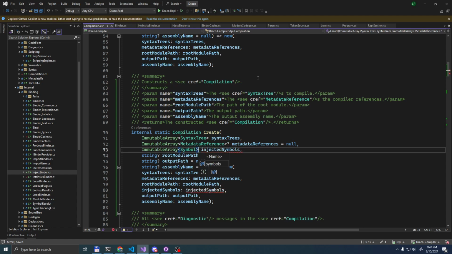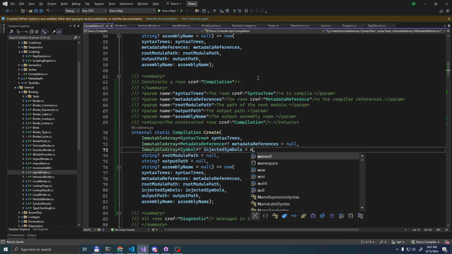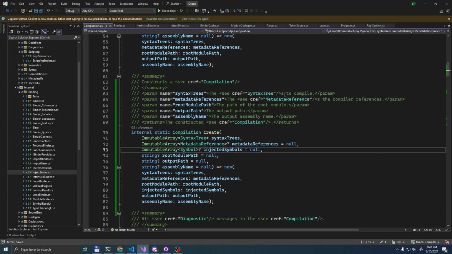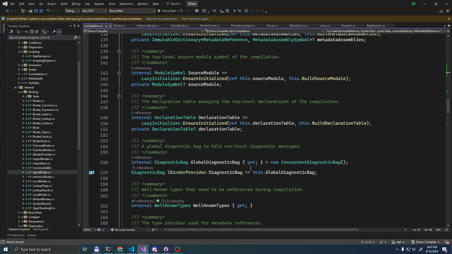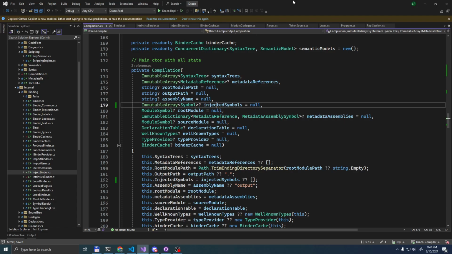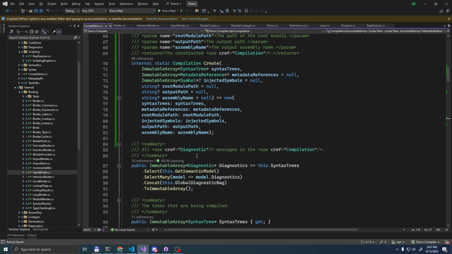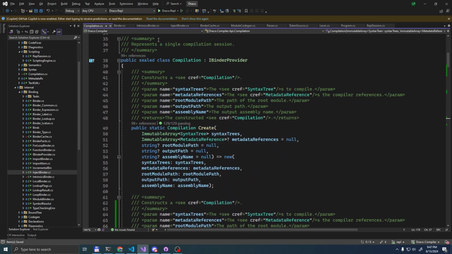Why not default it? What was the order I specified here? Yeah, let's do it like so. So the immutable arrays are in one batch. It might not be the nicest way to structure parameters, but it gives some nice symmetry to the code visually.